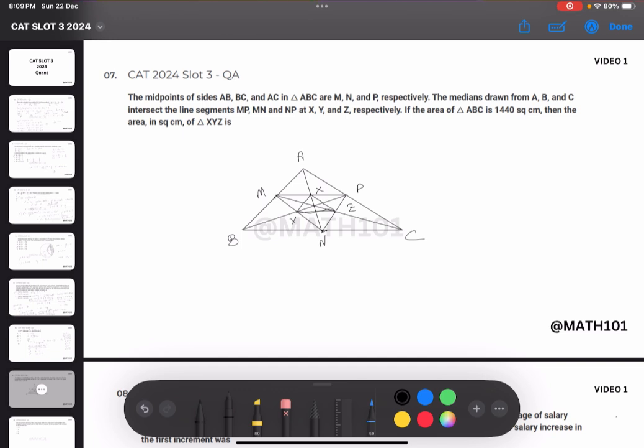So we have triangle ABN similar to triangle AMX, and triangle APX similar to triangle ACN, which implies